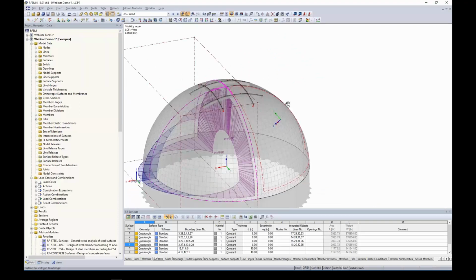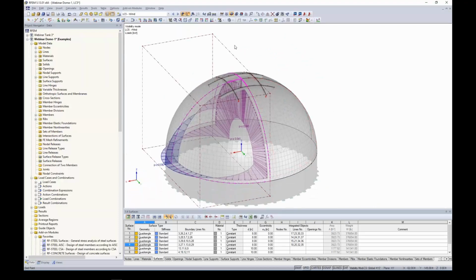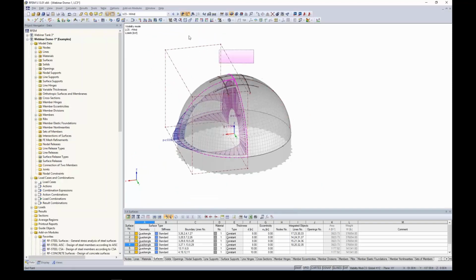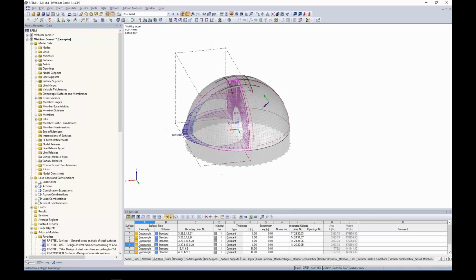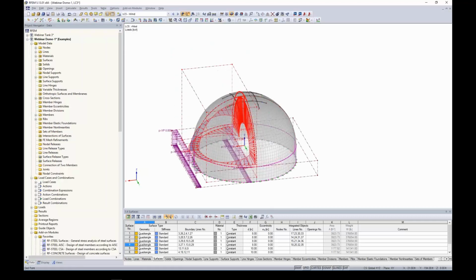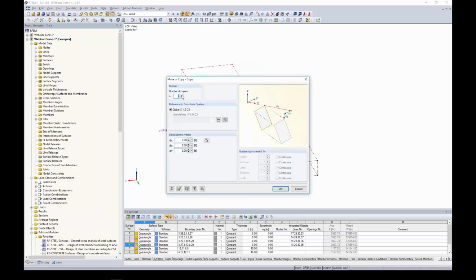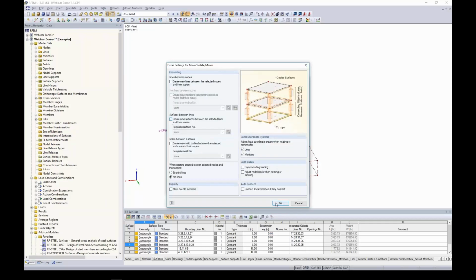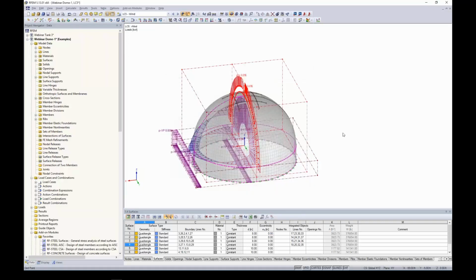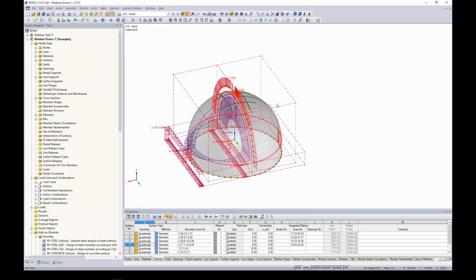Now as for the back of the structure, same exact concept, and a really easy tool to use is to highlight this rectangular load. Well, if I can select it. Okay, let's highlight this free rectangular load, and then I'm going to use my Move Copy tool. I'm going to create one copy, and I'm going to apply it in the negative 50 foot direction according to my global X-axis. Now I want to clear off the create surfaces between copied lines. So I click OK, and now that free rectangular load was applied to the back of the structure,